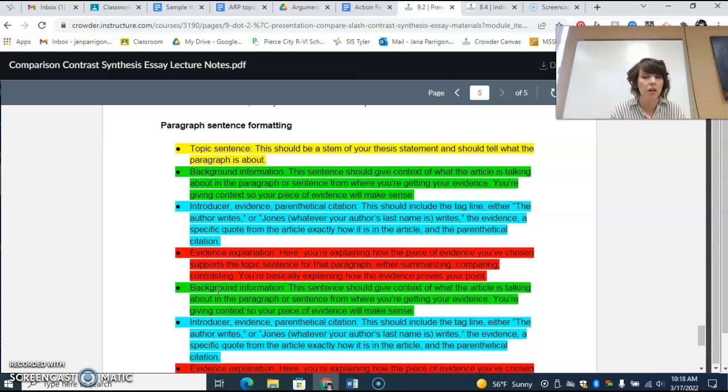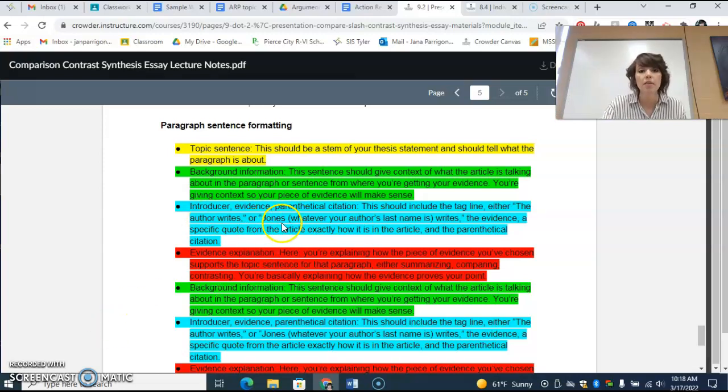And if there is no author, you don't make one up. You don't include the website name. Article name, author name. If there's no author, you just don't include it and you just have the article name. I have to have that because I have to know where your information is coming from. If it's not there and you just drop your quote in, I don't understand. I don't know where it is.